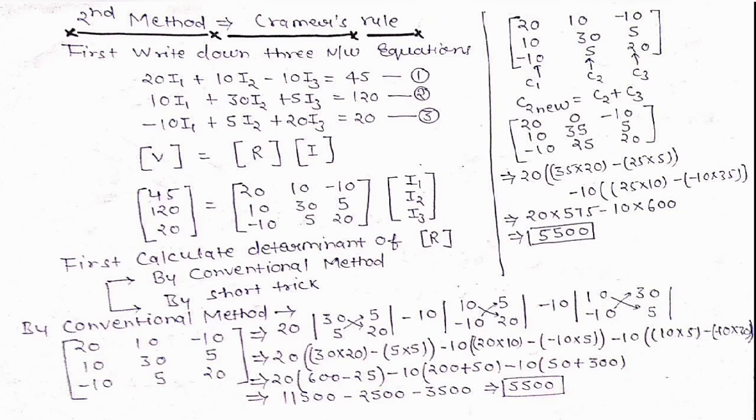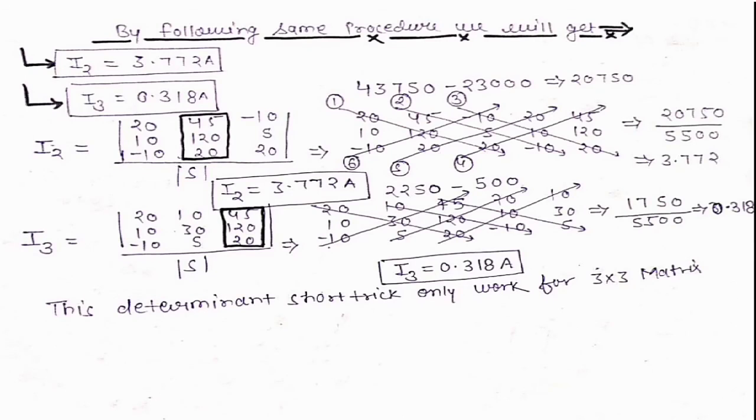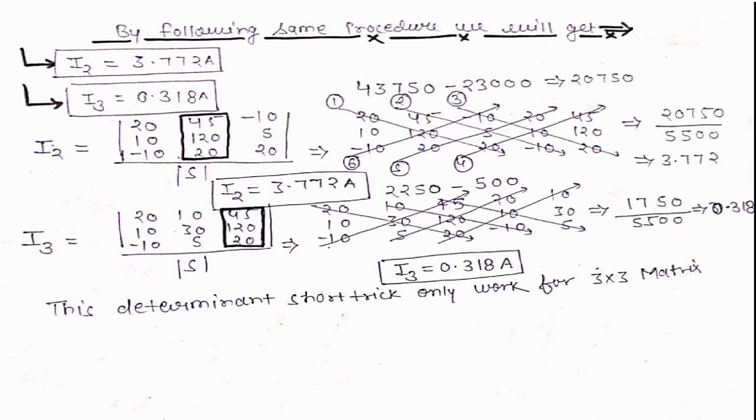With Cramer's rule, if three loops are available, in only two to three lines you will get the solution, the I1, I2, I3 values. So in this way I discussed Cramer's rule and the KVL conventional solving method, and I hope I have given you a good understanding and concept on how to solve the KVL equation step by step. Thank you very much for being with this video.